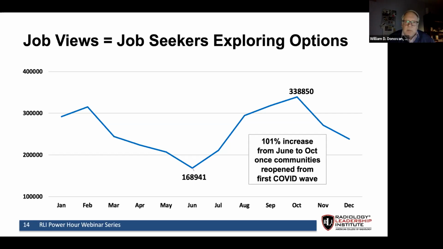When it was March and April of 2020, people may have been huddling together, marshaling their resources, deciding what to do next. And then, of course, once the academic year turned over, people started looking for jobs again more actively, and that coincided with, theoretically, the first phase of reopening after the initial COVID wave.